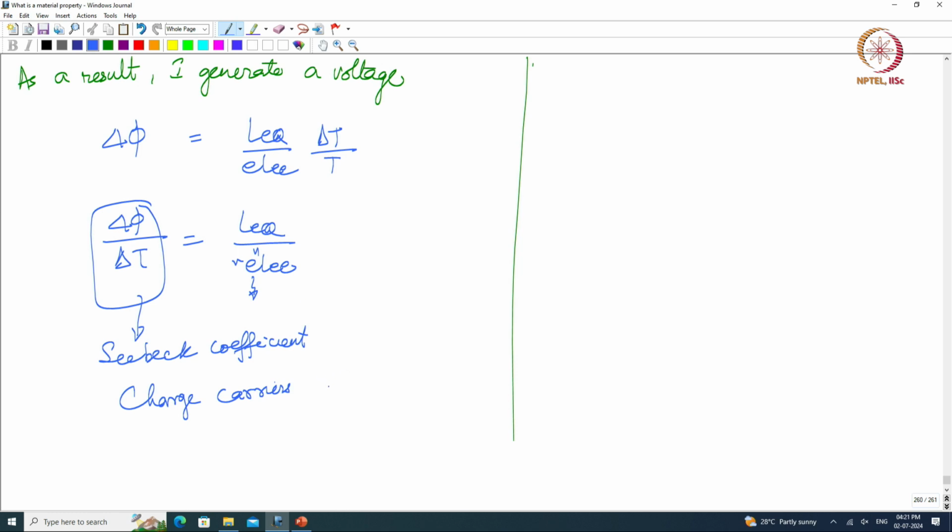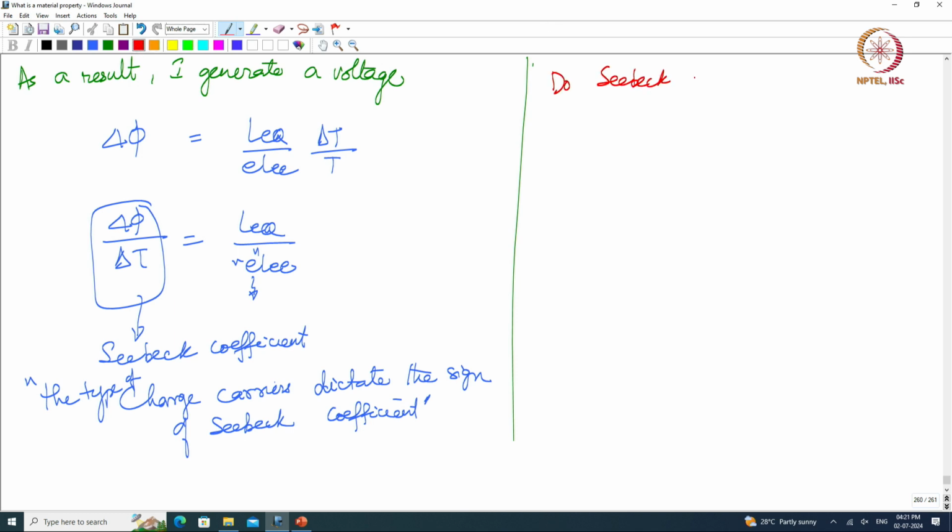So the type of charge carriers dictates the sign of the Seebeck coefficient. To understand what sort of charge carriers, I can do Seebeck measurements to understand the type of charge carriers